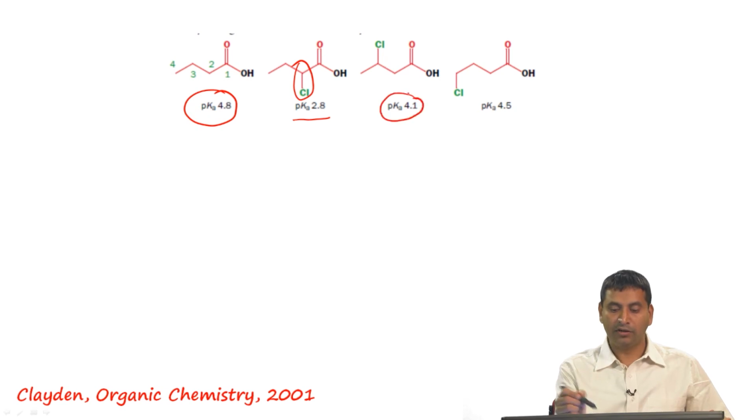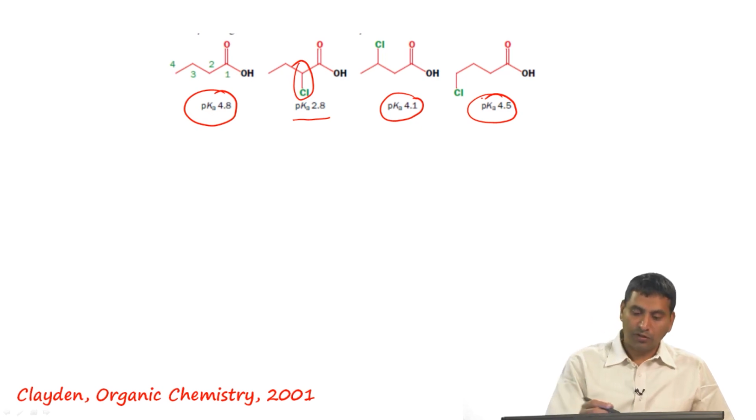In the next case, there is a drop, but it is comparable to the acetic acid or the carboxylic acid, while in the last example the pKa is 4.5, which again is similar to what we would see with the parent molecule. So, the major difference in the pKa comes in the case of the second example, where there is a 2-chloro